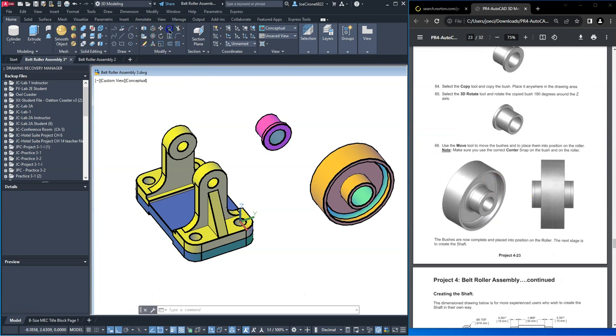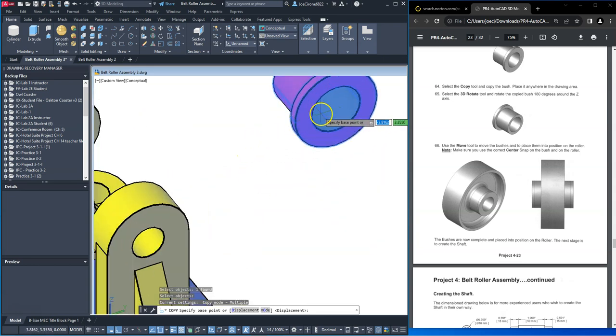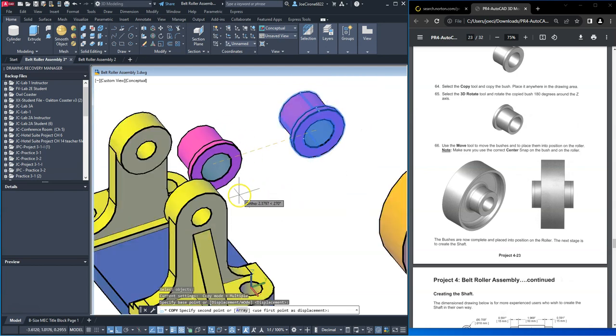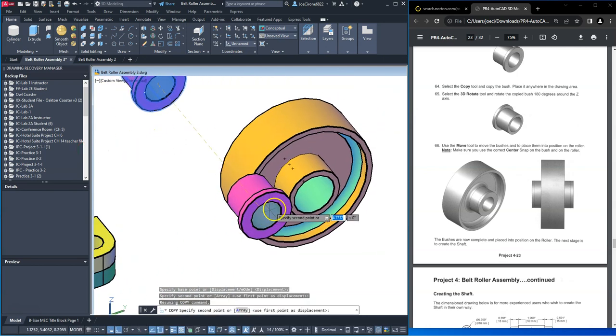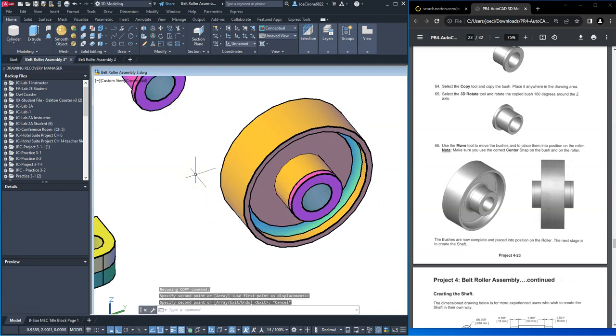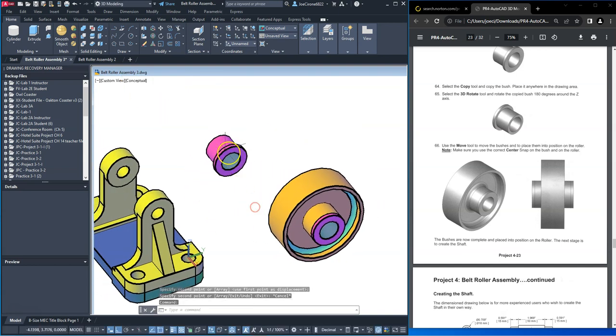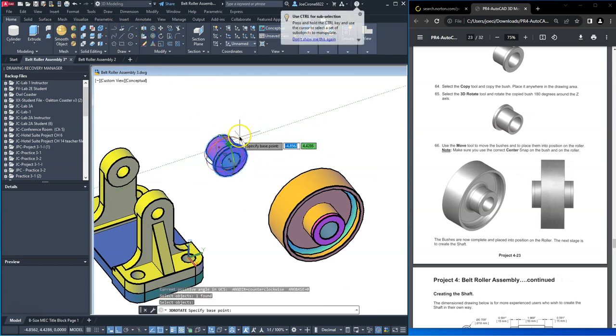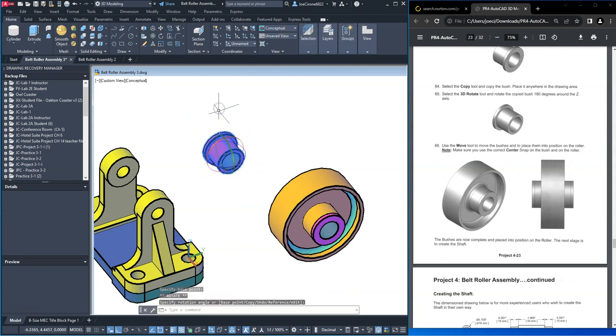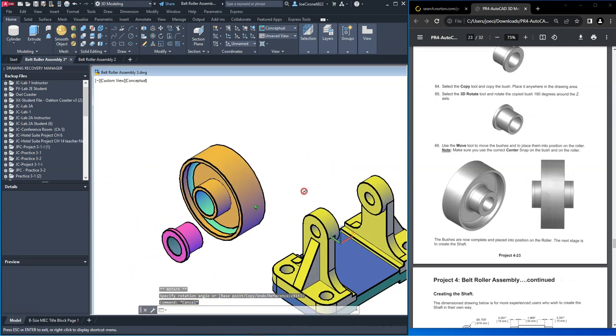I'm going to copy it and move it from the center of this back circle here to the center. And I'm going to escape. I'm going to 3D rotate the other piece. And do the same. Shift middle mouse wheel,